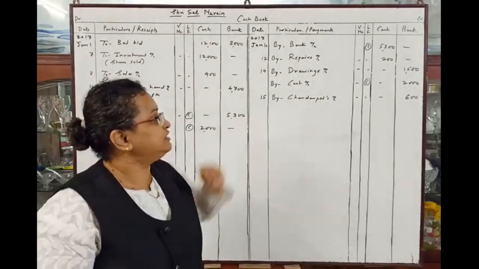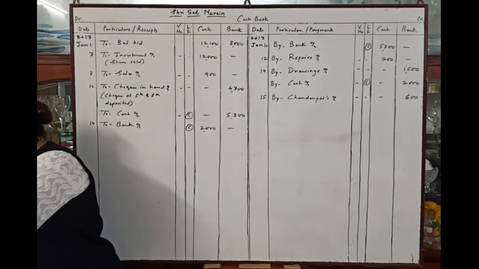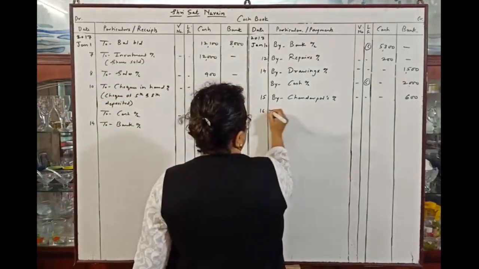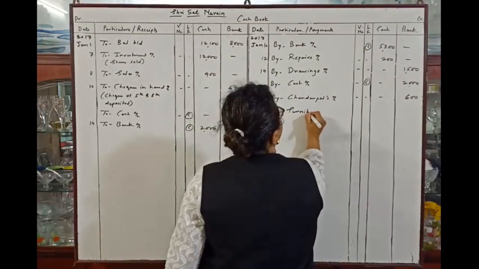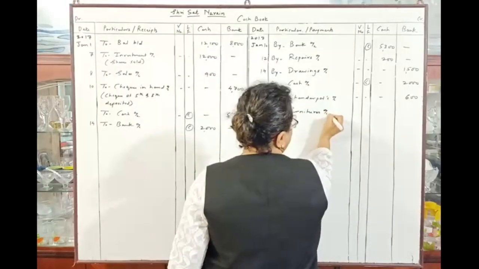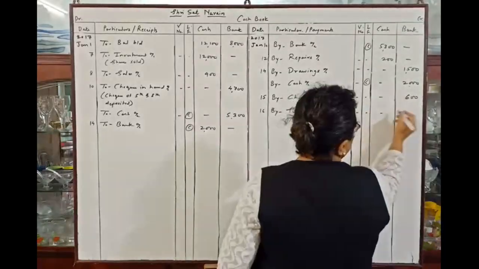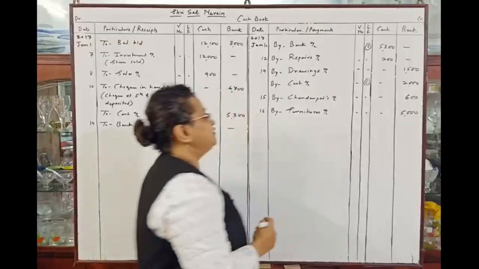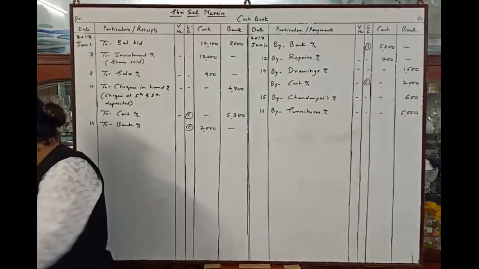So entry will be on payment side and date of that entry is 16th January. Paying will be by furniture account because we have purchased furniture and furniture is our asset, and amount is in bank column rupees 5000 as check was given for rupees 5000 for purchase of furniture. Next,